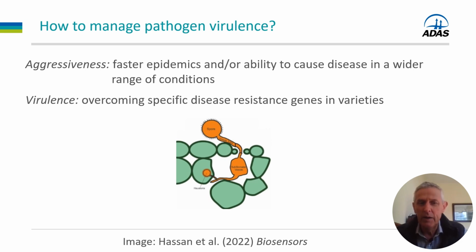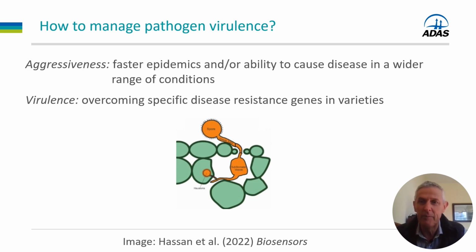So in a normal resistance case, a spore would land on the leaf surface, the plant would detect that it's there and block the infection. But if a virulent spore lands, we get what we see in the diagram here, which is an illustration of a microscopic cross-section of a plant leaf where the spore has landed on the surface. It's been able to penetrate through the leaf surface and start to extract nutrients from the crop,